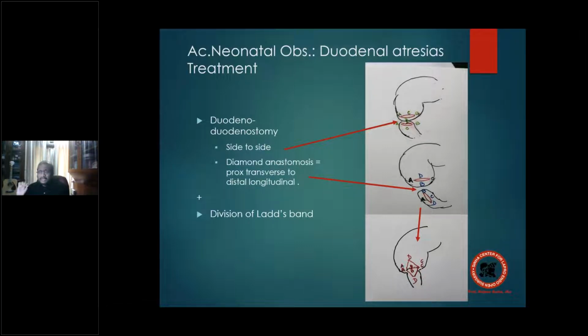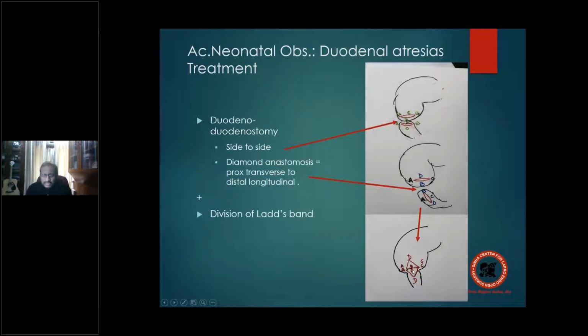Please underline that. The only answer is you have to do a duodenoduodenostomy. That means between the collapsed part of the duodenum and the dilated part of the duodenum. Either you do a transverse anastomosis, you make a transverse cut here and here, or this part can be cut vertically, and we are going to cut this vertically. C, D has to be approximated, D to B, B to B, A to A, C to C. So here you have already done A to A, C to C, and B to B. So this now looks like a diamond. D would be taken up and hitched up. So this is also known as a diamond anastomosis.